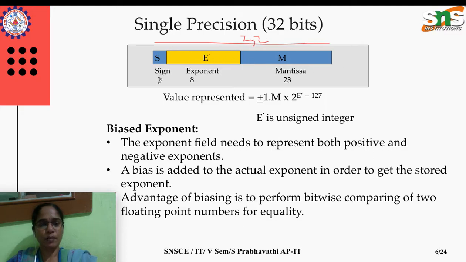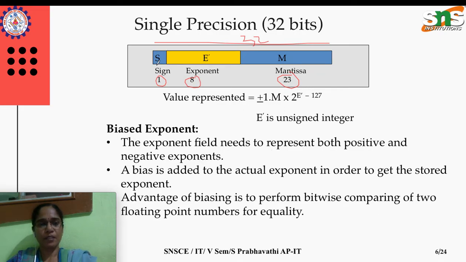The first bit is the MSB, and 1 bit is allocated for the sign. This is the number of bits allotted, not 0 or 1. For the sign there is only 1 bit, then the remaining 31 bits. In these 31 bits, 8 bits are allocated to represent the exponent, and the remaining 23 bits are allocated for representing the mantissa. In today's modern computer systems, this is how floating point numbers are represented in the register.